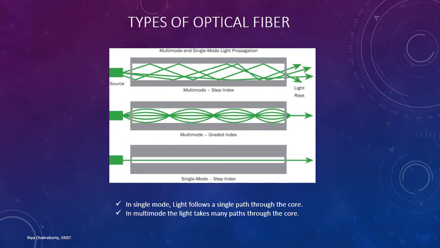In a single mode, or monomode, step index fiber cable, the core is so small that the total number of modes or paths through the core is minimized. For very long distance transmission and maximum information content, single mode fiber cables should be used. But the main problem is its extremely small size.